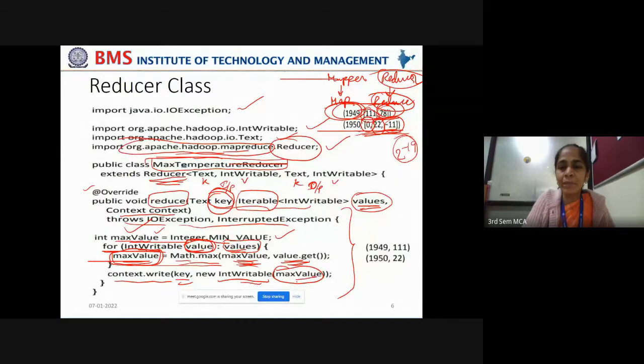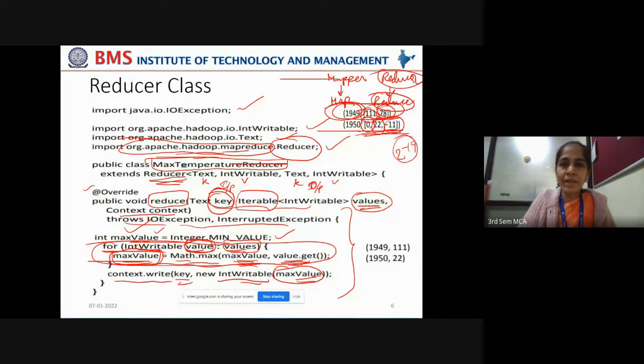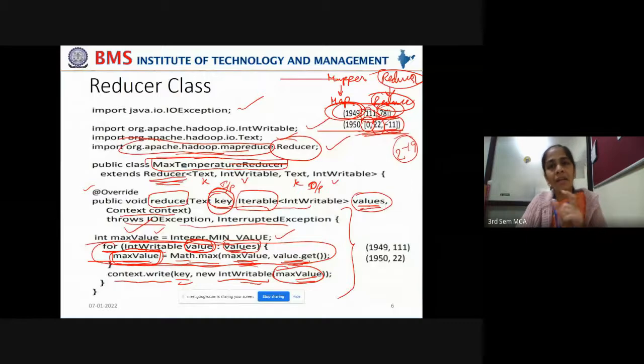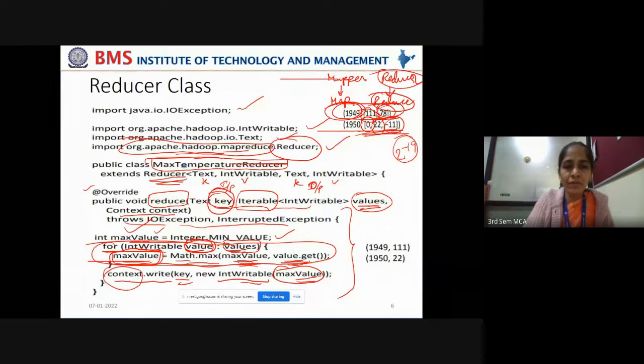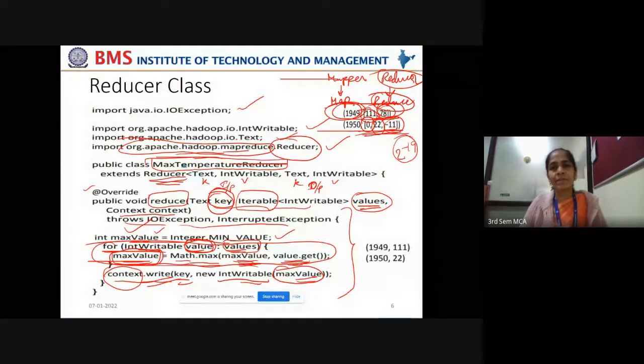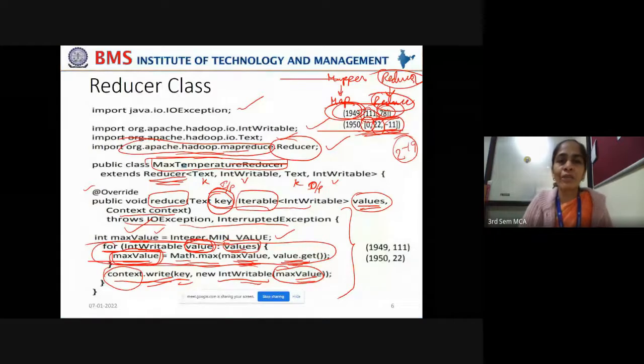This is the maximum air temperature recorded in that particular year, obtained by this for each loop. So by the end, you will have a key value pair, the key indicating the year and the value indicating the maximum air temperature recorded in that year, both packed into a context object by using the write method. So this is how you write your reducer class.